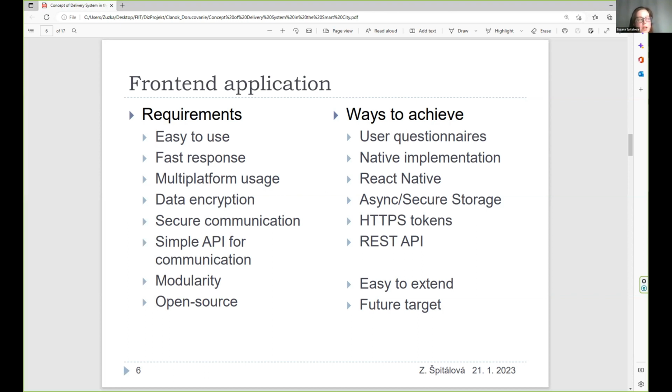And the last requirement is the open source possibility. This possibility is in plan for some future work on this project.